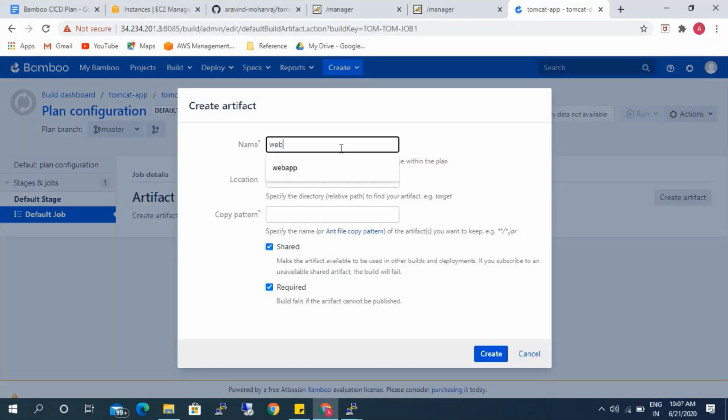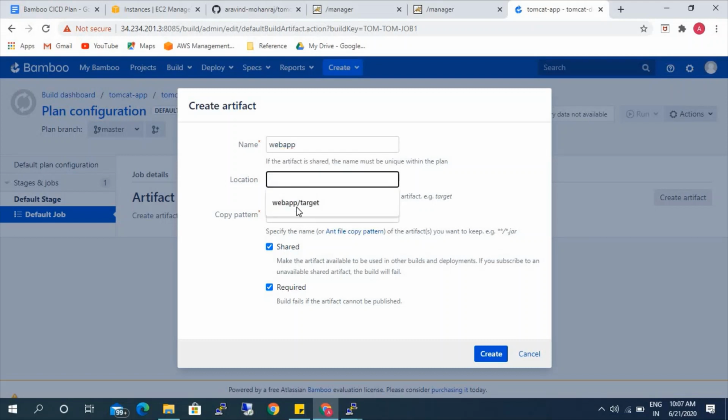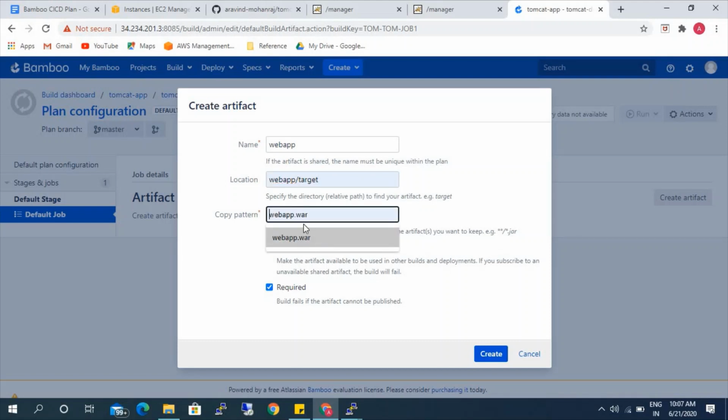Give any name that is relevant to your application. I'm going to give web app. So I'm going to give web app slash target, under which our artifact will be placed. Here I'm going to give web app.war, that is our artifact name. You see here there are two options checked, shared and required. Shared means the artifact created from this build